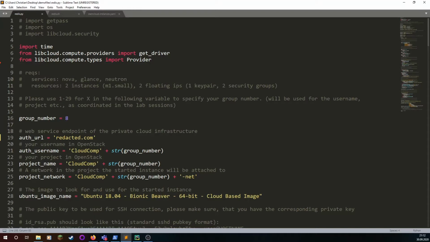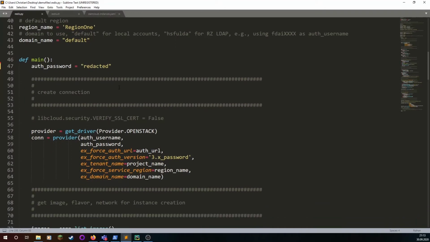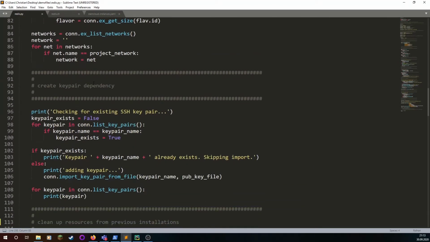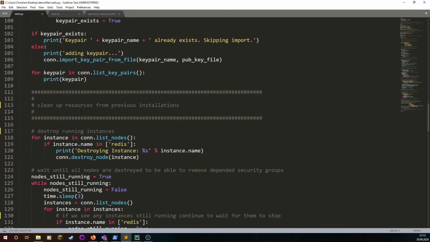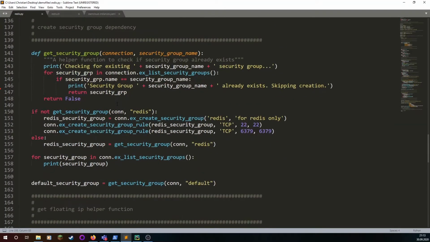You probably recognize this file because it is based on a working example from the course, from the lab sessions. So we took that, kept some utilities and modified it to serve our course basically. So we just pass all the parameters that are needed, which would also be needed for a manual deployment using the web interface. Then we would create the connection and get the image, flavor and network before creating our key pair dependency, cleaning up previously used installations if existing, and then create the security groups that we need